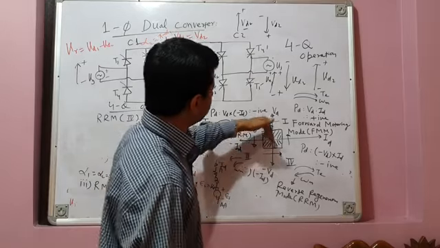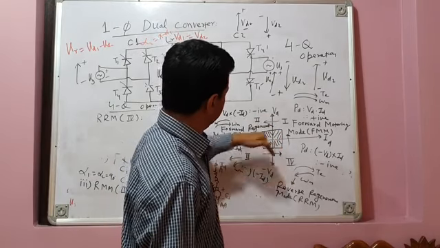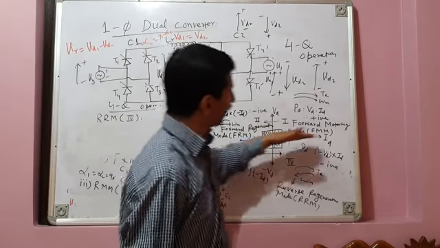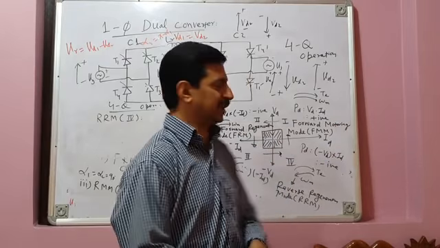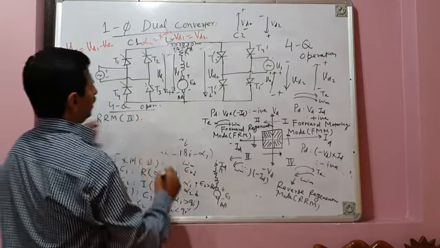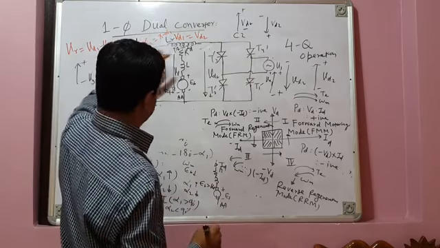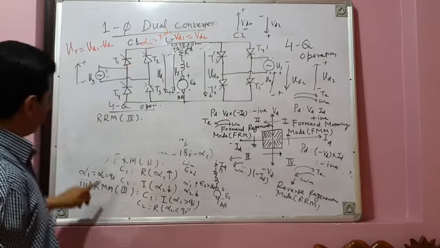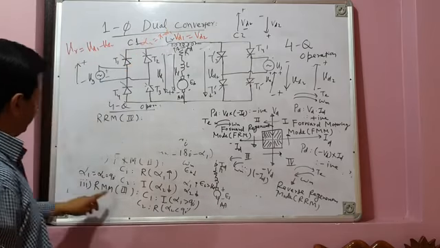In quadrant 4, you can see average output voltage is negative. It was negative in quadrant 3 also, but current has to reverse its direction. Current has to be now positive. Average output voltage negative. That means ये converter आपका converter 1 inversion mode में operate कर रहा था, इसको inversion mode में ही रखिए. और converter 2 rectification mode में operate कर रहा था, इसको rectification mode में ही रखिए, because average output voltage is still negative, but current reverses its direction.